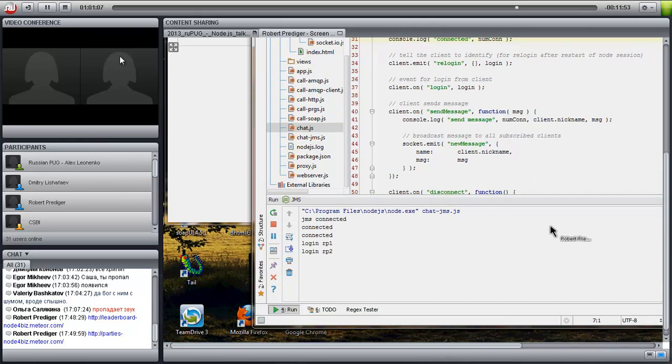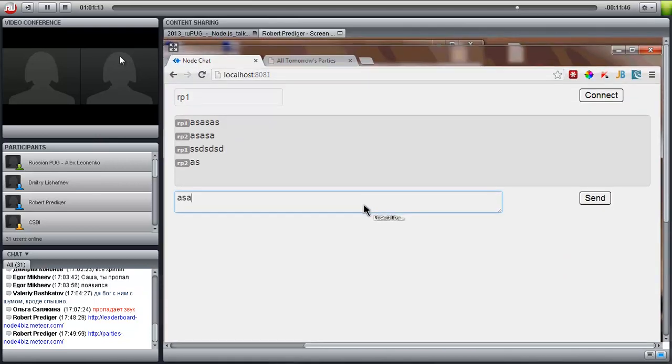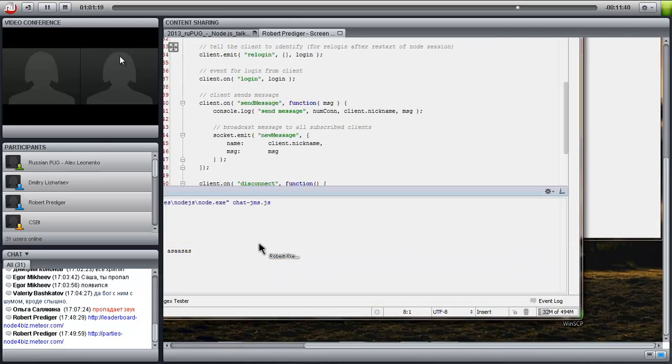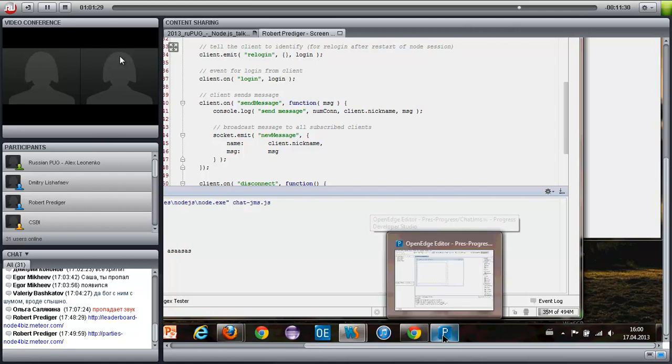As you can see, the clients have already reconnected. This is one thing of note about Socket.io: the clients automatically reconnect.